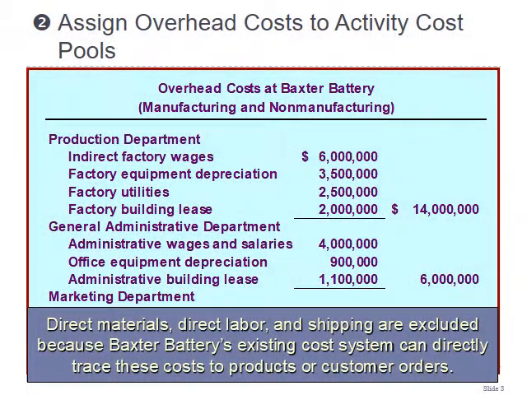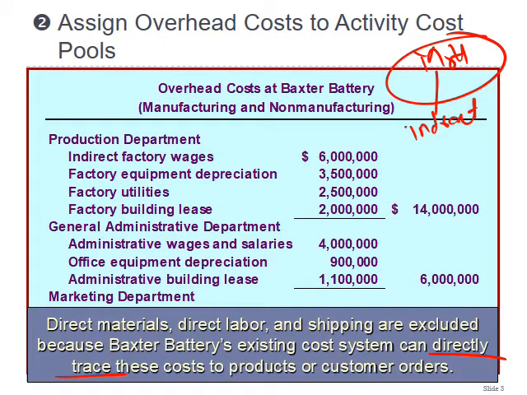So the question arises: why are our direct material, direct labor and shipping excluded? Because they can be easily and directly traced by the company. So these are not overhead, they are direct costs, right? All the systems that we just learned, traditional costing, ABC costing, relevant costing and all those, are based on calculating or implementing the manufacturing overhead, which is indirect material